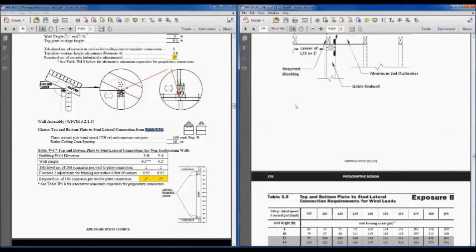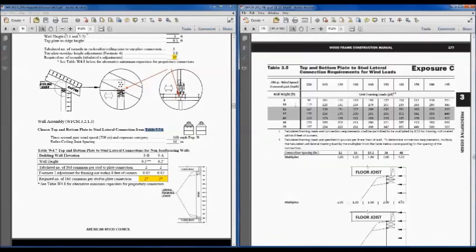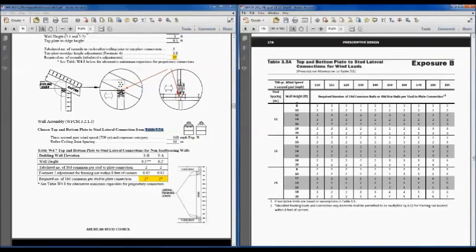in the wood frame construction manual. And so 3.5, again I'll tell you in a second the difference between 3.5 and 3.5A, but exposure B, we're on page 178, 160, 16 inches on center. Our wall height is 9, so we come across here and we see that that only